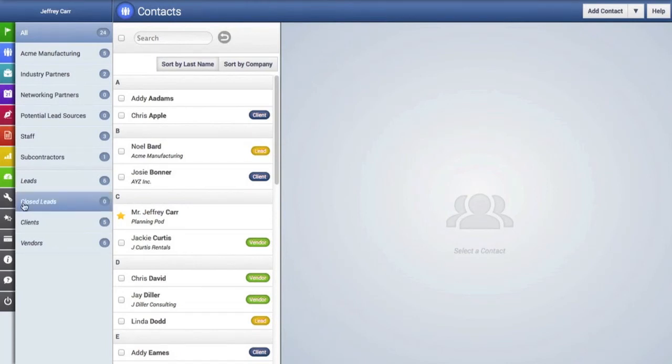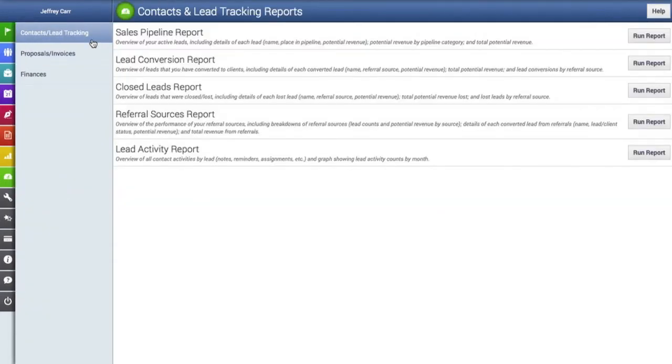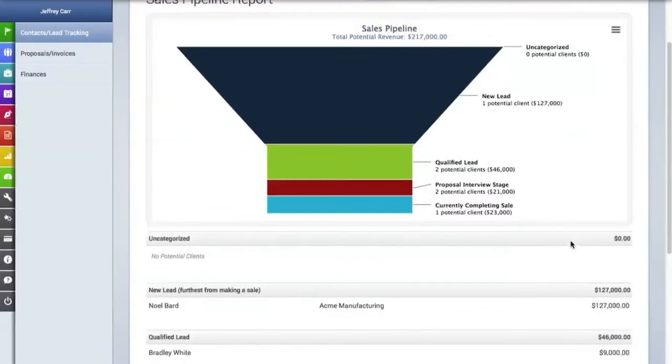We also provide a variety of reports for lead tracking, so we're going to go to the Reports tab in our main navigation bar. And here are all of the contact and lead tracking reports that you can access. There is a sales pipeline report, lead conversion report. There is also a closed leads or dead leads report, a report on referral sources, and a report on all your lead activities. To run these, just click on Run Report, and it will display a graphic of the information